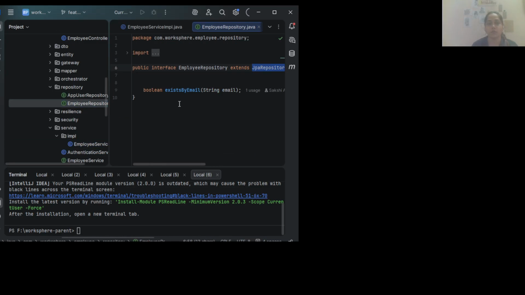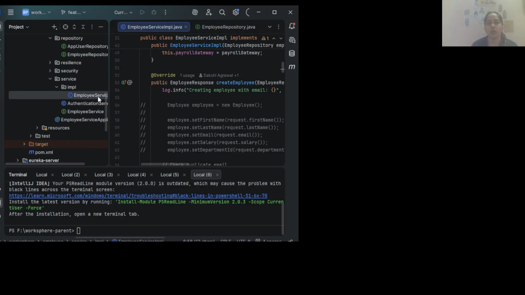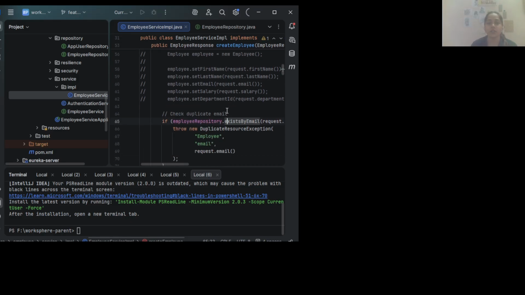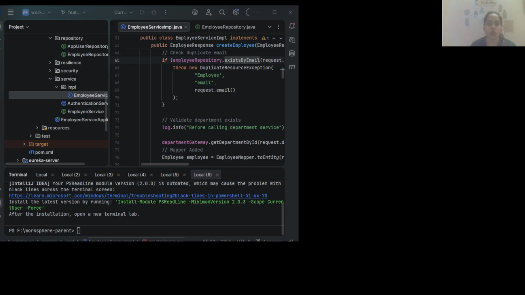Once the data comes from the repository, the business layer does all the changes and calculation. If any conversion is required, DTO to entity or entity to DTO, that happens in the middle of this.